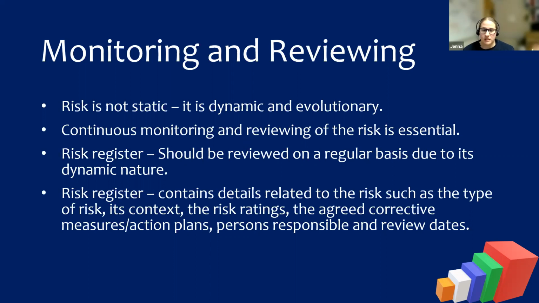So the risk register contains all those details that we've spoken about. The risk description, the initial risk rating, the risk analysis, so what have we done about it? What are we putting in place? The current risk score with controls in place. And then if there's a difference between that current risk score and your target risk score, what's the action plan and how are we going to achieve that? But actually the difference with a risk register is we put someone's name against it. Who is responsible in your area to continue to decrease that risk, to work towards meeting that target risk? And when are we going to review it?